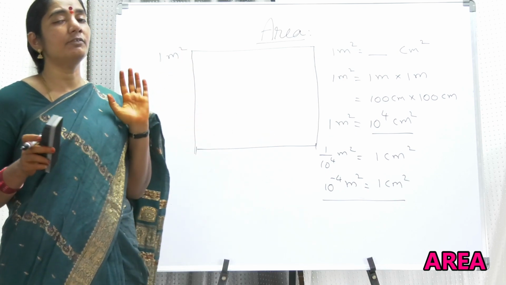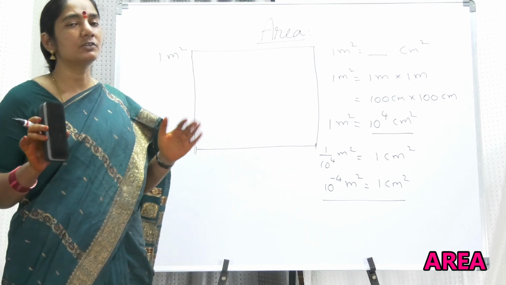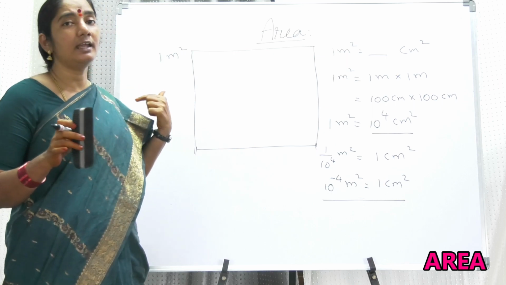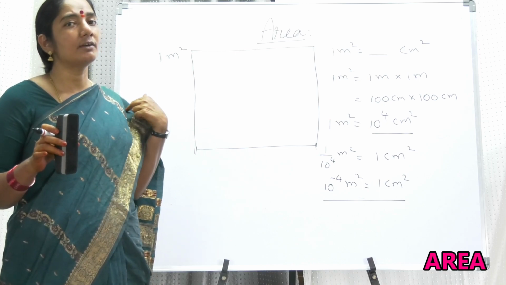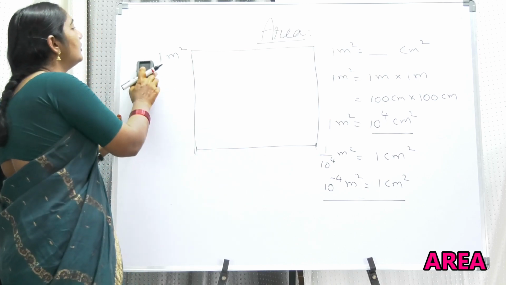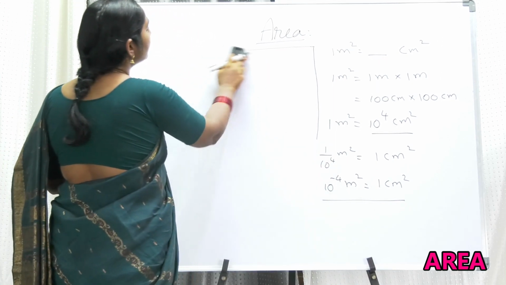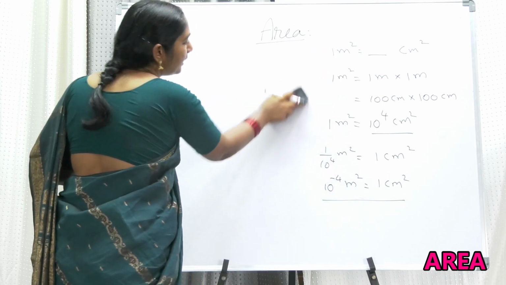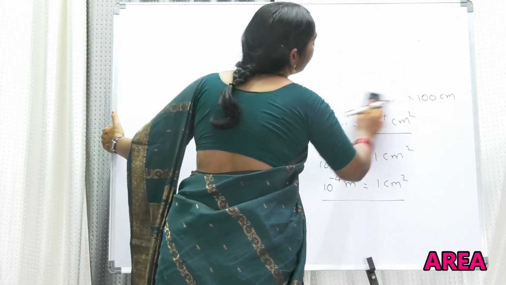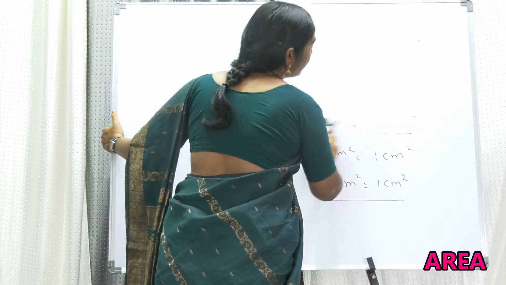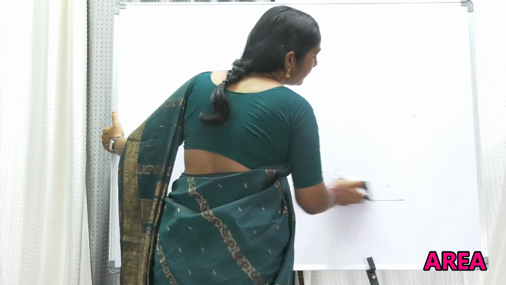My dear friends, if our personality is average, I am not talking about too thin or too fat, an average person has skin area of nearly about 2 square meters. 2 square meters is the area of our skin. So you must have an idea about area, and even an estimation. By seeing some area, you must be in a position to say how many square feet, how many square centimeters, how many square meters. Use common sense when you are using the units.